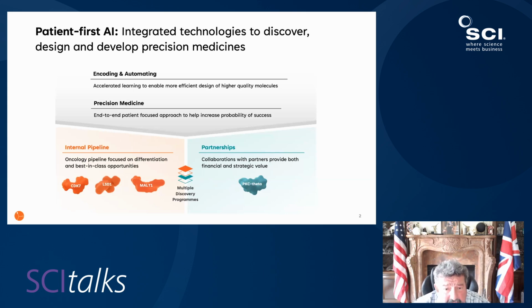So Exscientia is a company really built around patient-first AI. We've developed and continue to develop a series of integrated technologies, so data and algorithms and scalable workflows and software engineering to discover and design precision medicines. So what do we mean by a precision medicine? This is a program or a drug in which we can increase the probability of success by understanding the patient's